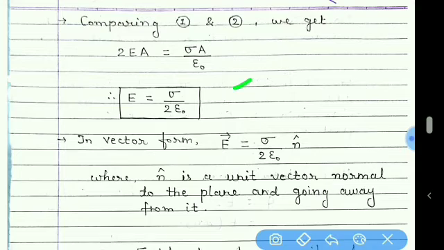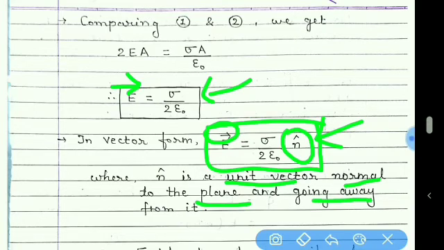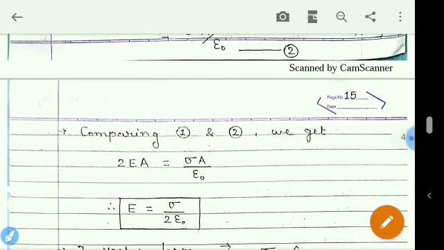The same equation can be written in vector form. If there is a vector here, then we have to put the unit vector which shows the direction. So here also, as we kept a vector here, we have to show the direction, and here the direction is shown by the unit vector, and the direction of this unit vector is normal to the plane going away from it. From the figure also you can see that